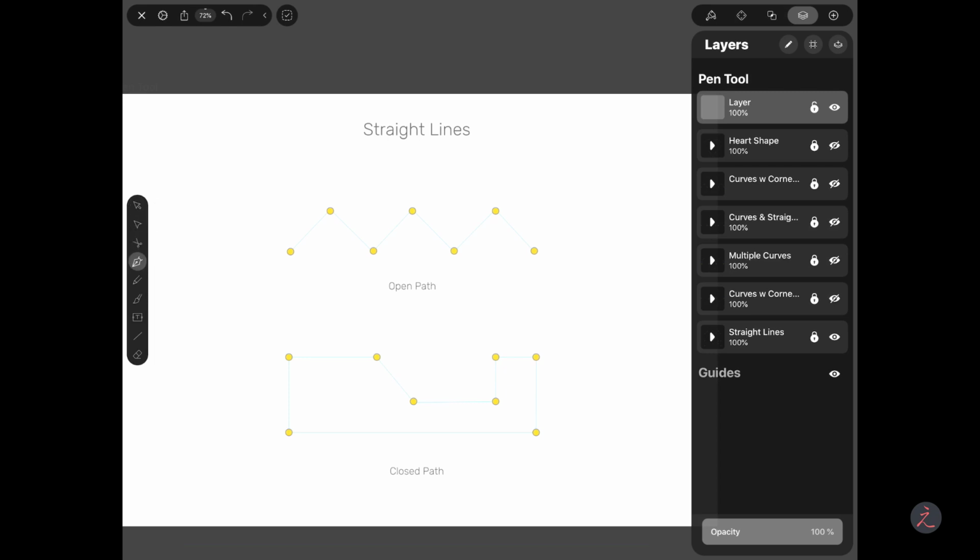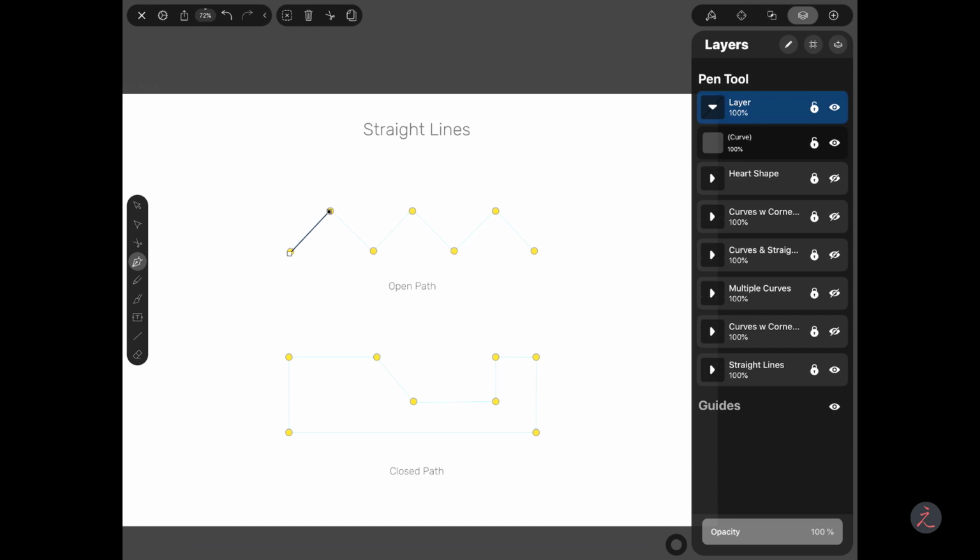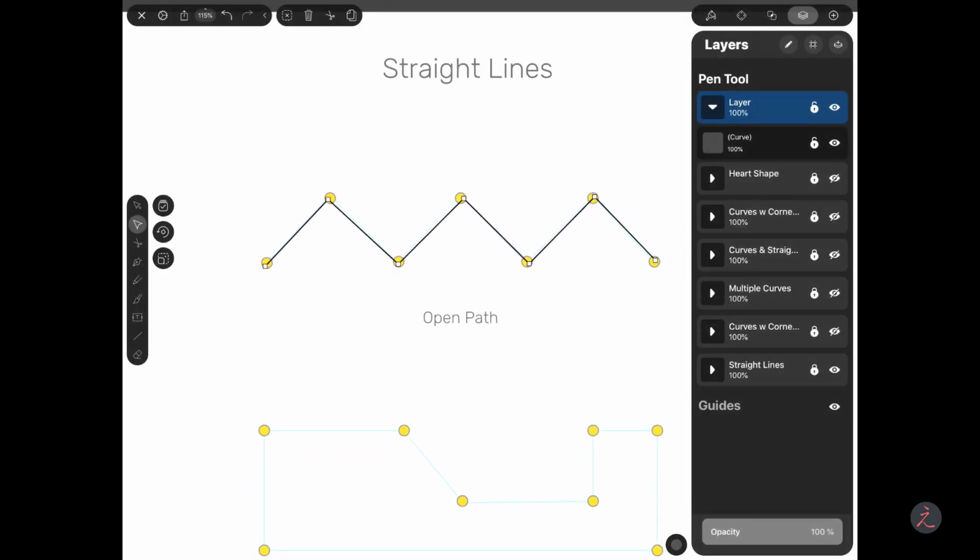I'm going to tap on the pen tool and I'm going to tap to add points, and specifically we call these anchor points, like so. Now, as you can see here, I have an open path, which means I have a line with two endpoints. In the event that you want to reposition those anchor points, all you have to do is tap on the node tool and tap to select those anchor points and reposition them to your liking.